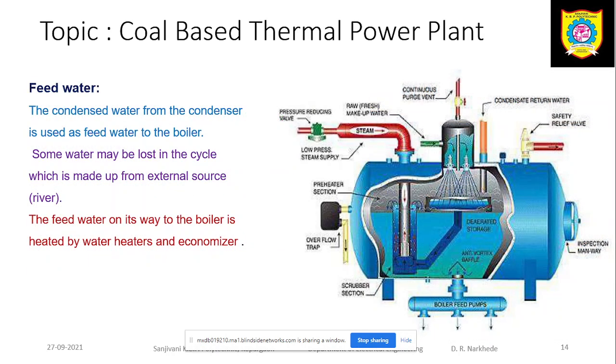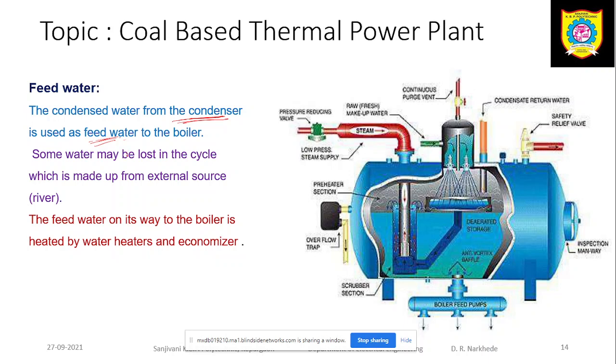Then feed water system. So basically हमें जो power plant के लिए, boiler के लिए जो पानी लगने वाला है, वो पानी जो supply करते हैं, that system is called as the feed water system. The condensed water from the condenser is used as a feed water to the boiler, okay. So the condensed water from the condenser, जो steam बाहर निकली थी टरबाइन से, उस steam को हमने कंडेंस किया. कंडेंस करने के बाद में वो पानी बना है. So उसको फिर से boiler में देने के लिए हम feed water system यूज़ करते हैं.